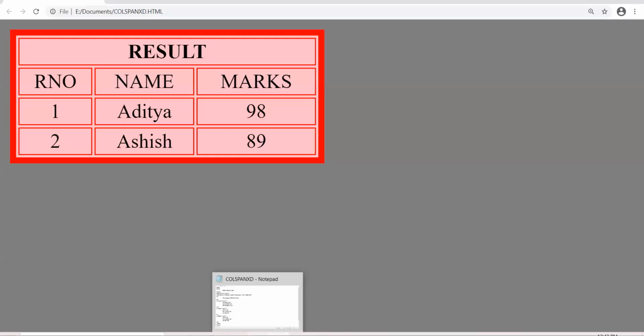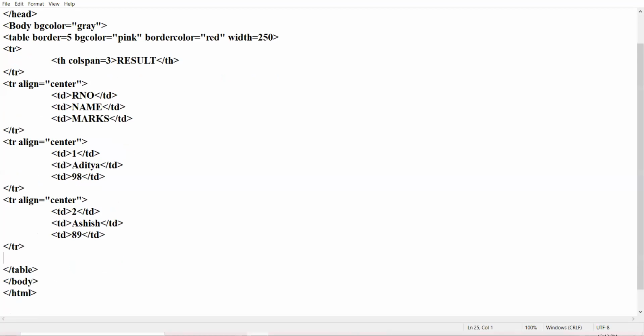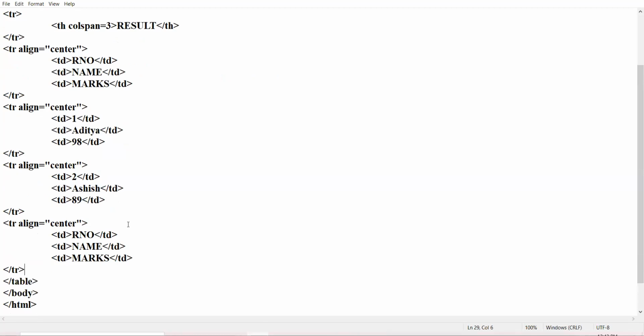Now I make one more change. I make one more row. And here in the first cell, I write colspan equal to 2.